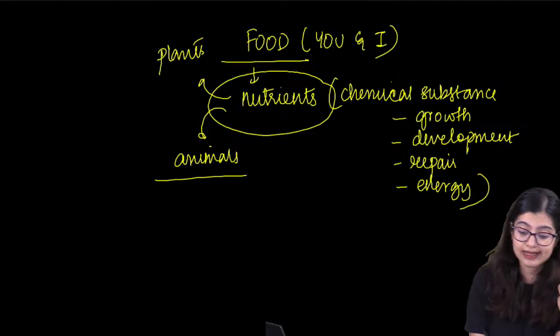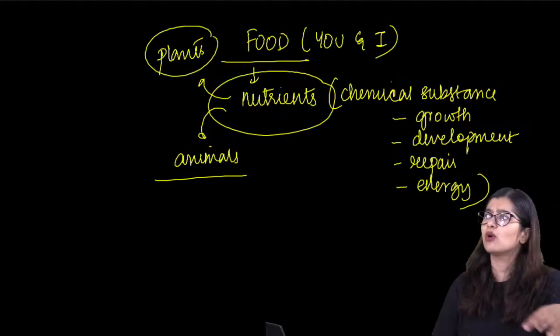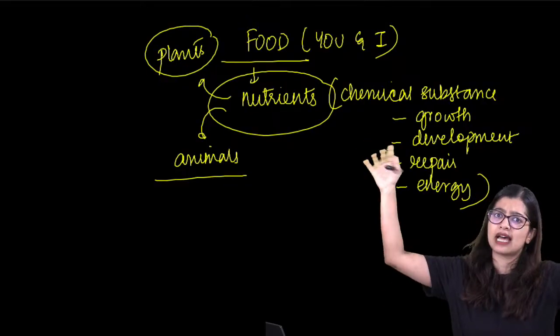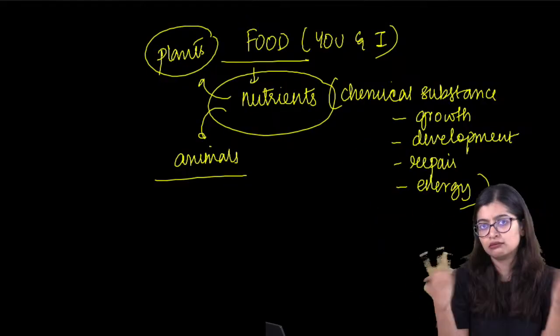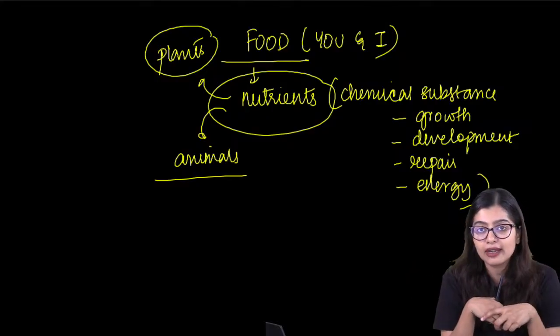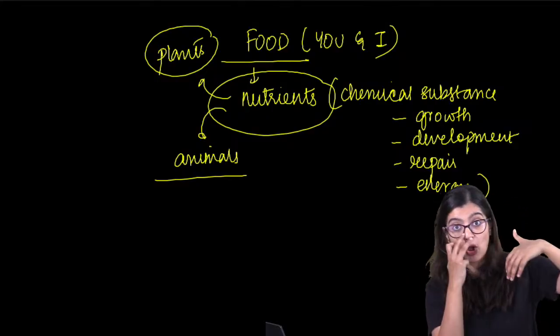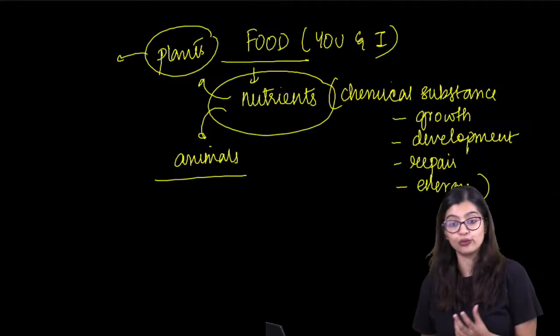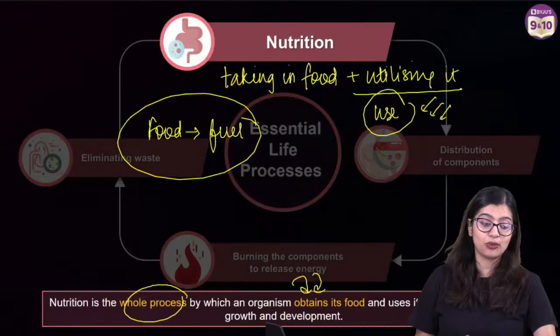But what about some organisms like plants? Do we see plants going and searching for food and then eating it and growing in size, and trees becoming bigger and bigger? No, right? We don't see plants doing that. But rather we know that there is a process that happens internally within the plants where they prepare their own food.